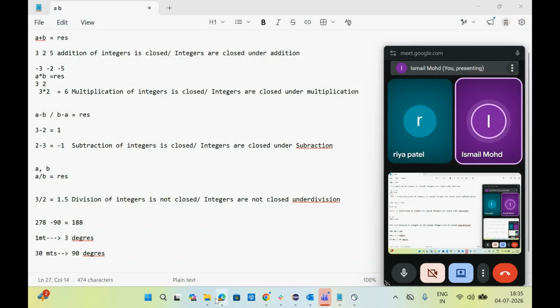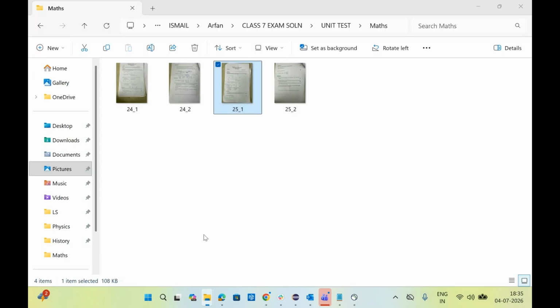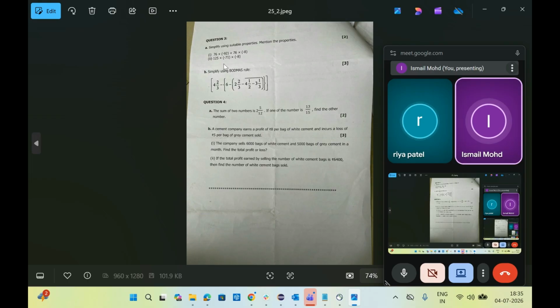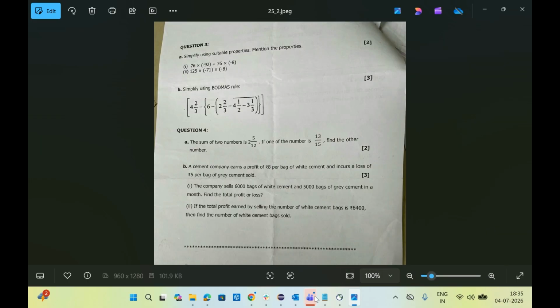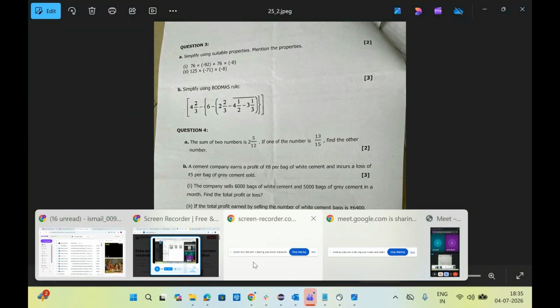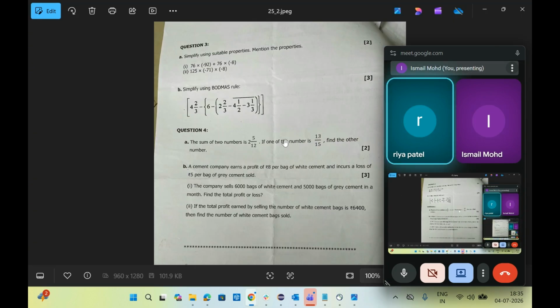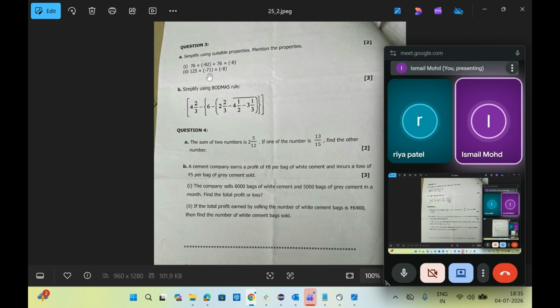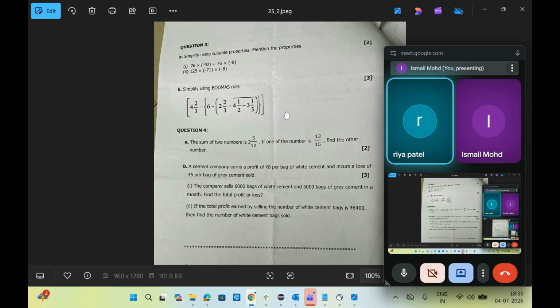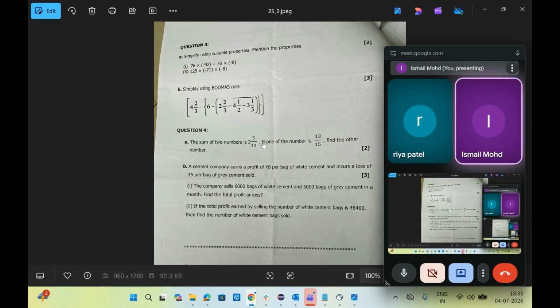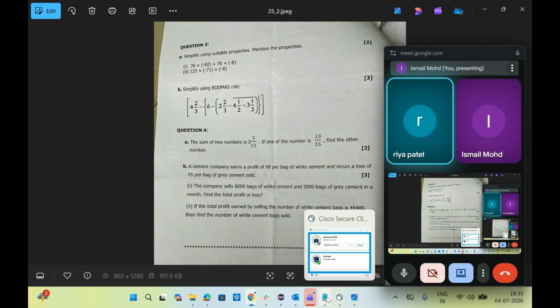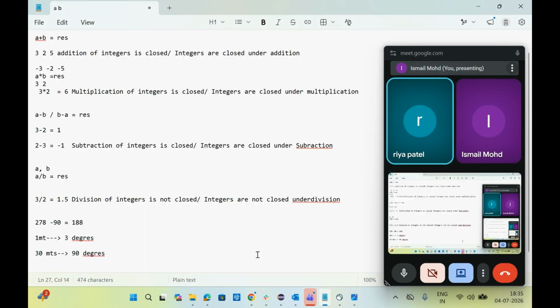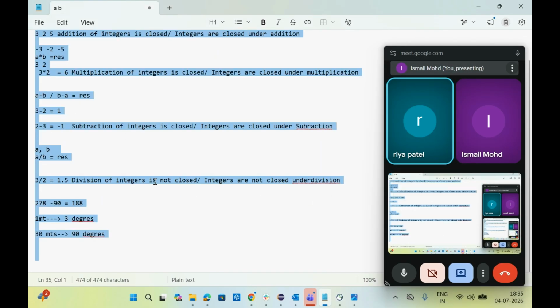With the first part done, we go with the second part of 25, 26. There are not much. Now you see, suitable property you have to tell, and you have to do the simplification. Which property will be applicable here for the first one? Sir, we will take, see, it is like this: